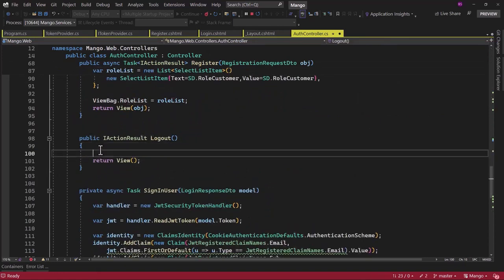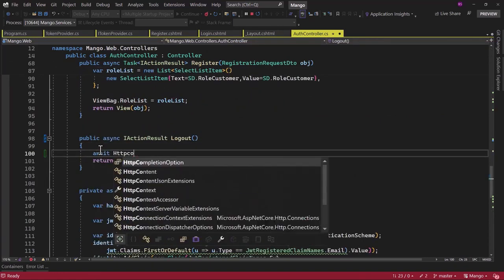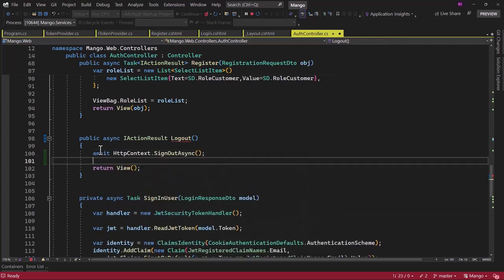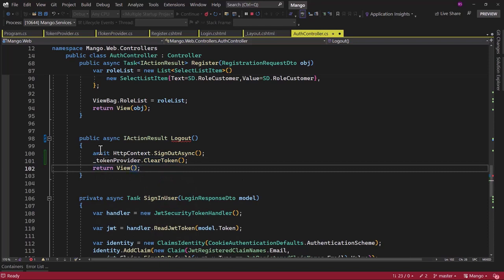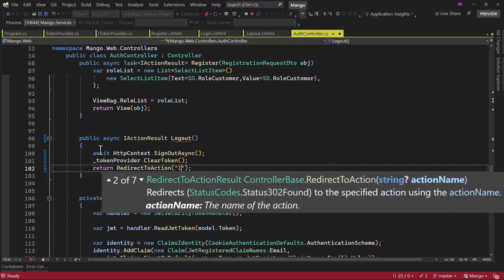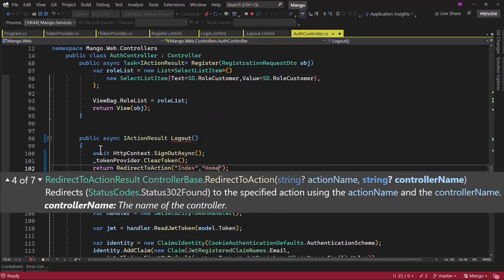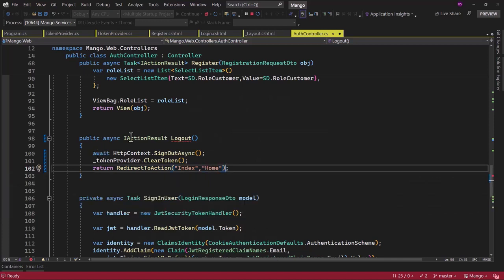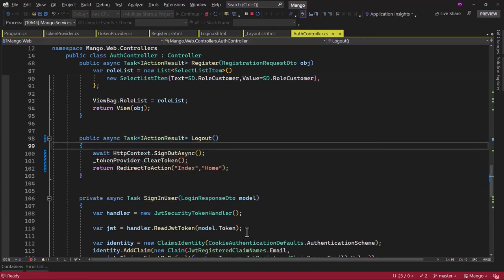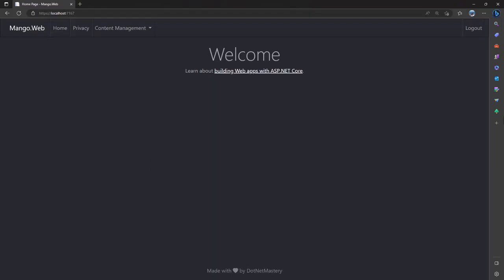Where we have the logout here, we will say await on HTTP context. Similar to sign in async, we have the sign out async. On top of that, we will have to clear the token. Do not forget to do that. And once we do all of that, let me redirect to action. That will be index action and home controller. We are using await here, so let me add a task. And perfect, that looks good. Let me go back. The hot reload should